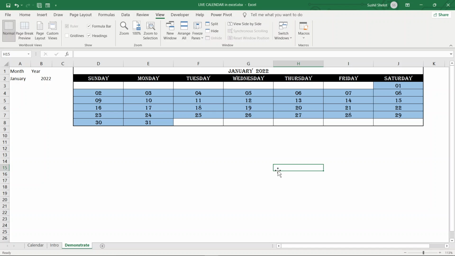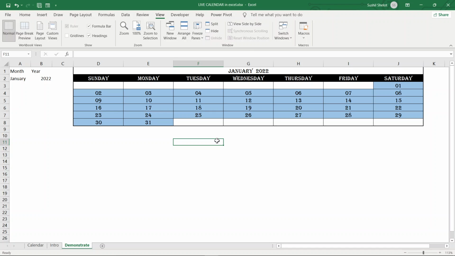Now friends, I have used conditional formatting to color these cells. Well, there can be multiple conditional formatting rules. If someone likes to see Sunday in some other color, you can explore conditional formatting and apply the color of your choice or whatever you want to put in. So maybe someone wants to put in the bank holidays in some other color. That can be done by using conditional formatting. Well, you should have a database of bank holidays of that year ready with you for doing that